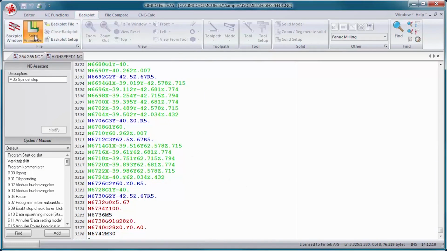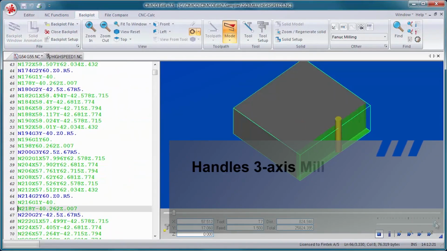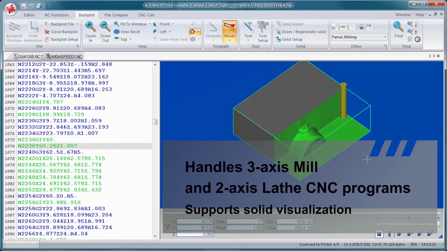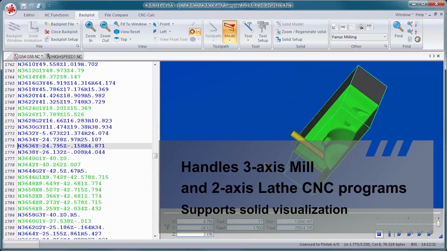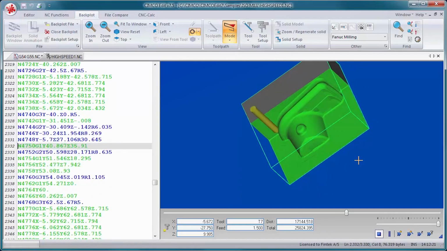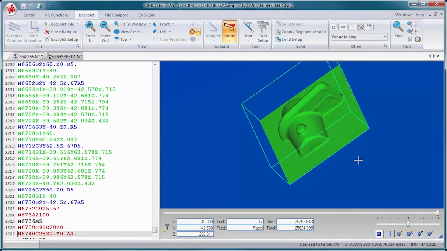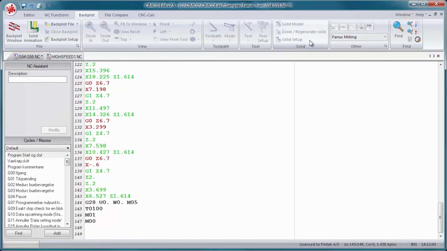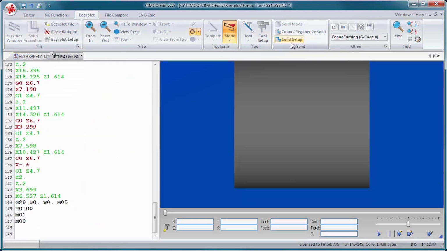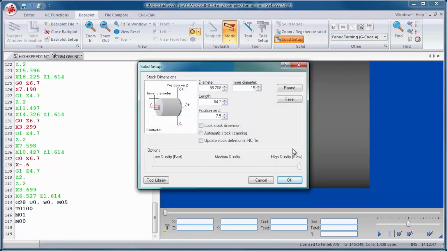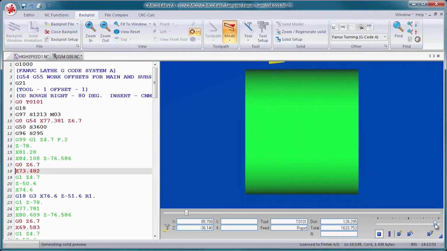The graphical backplotter handles 3-axis mill and 2-axis lathe CNC programs and supports solid visualization with tool and stock animation, tool holder collision check, and gouge detection. Any changes you make are automatically reflected in the plot, and dynamic zoom, pan, rotate, and measuring functions can be